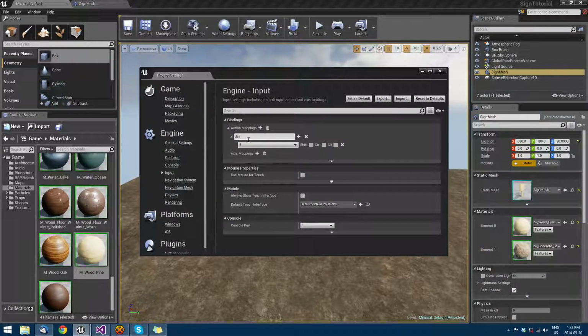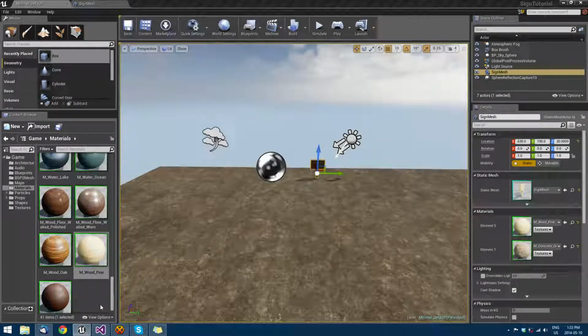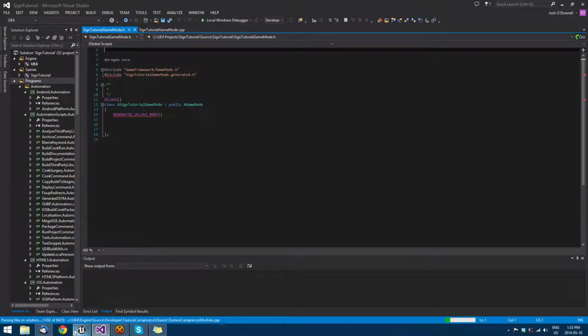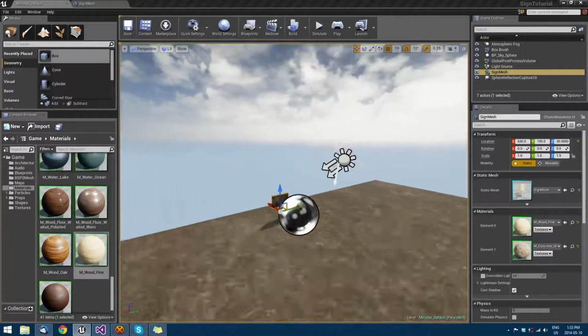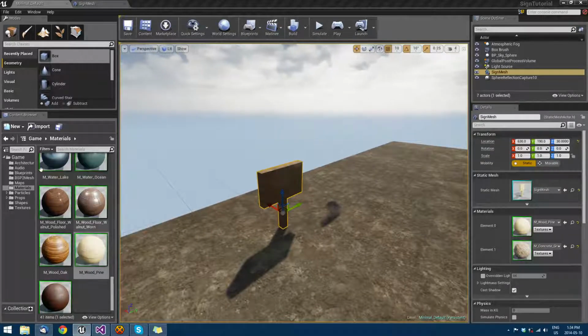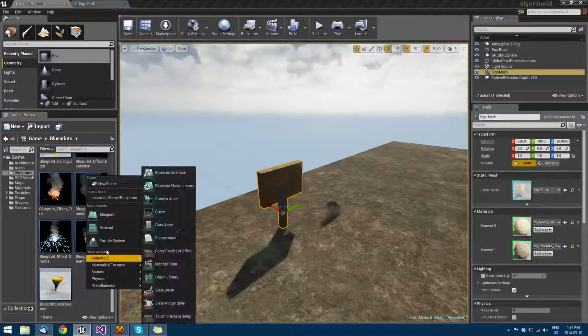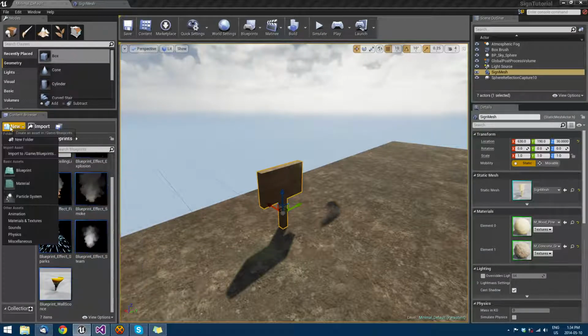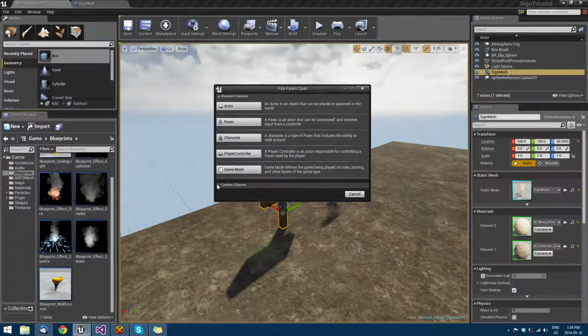So now when we hit E, it'll send a use event name, I guess you can say, to the input component, in which we will complete the mapping in a second. See, it's going to parse a whole bunch of stuff, so we will just make a blueprint out of this sign for now. So we'll go to blueprints, we'll create a new blueprint by right clicking where there's open space. You can also do new blueprint,